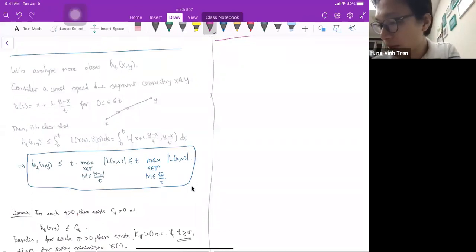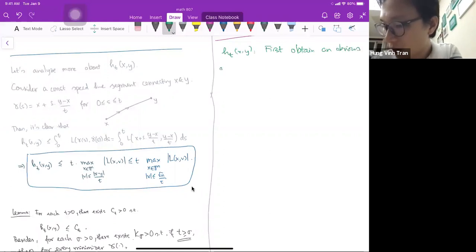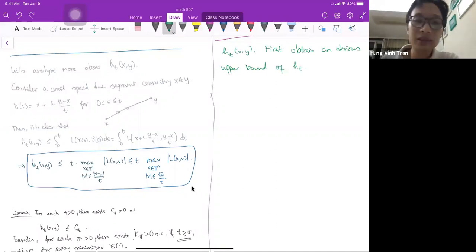So first, we're gonna obtain here. So we analyze more about ht of x and y. We first obtain an obvious upper bound of ht. Okay, and it turns out that this upper bound is